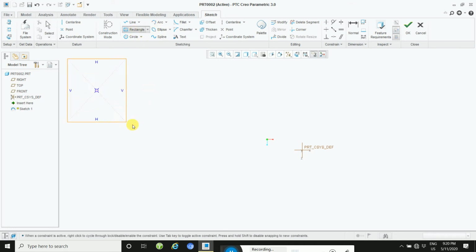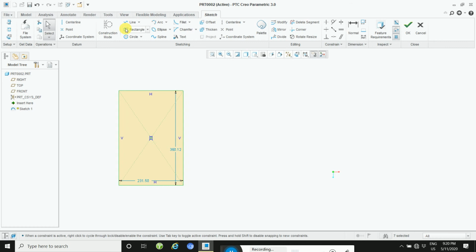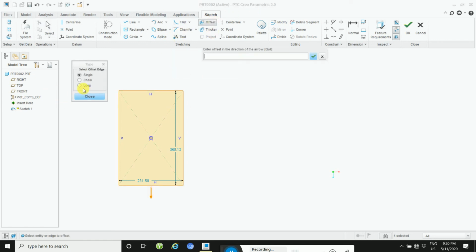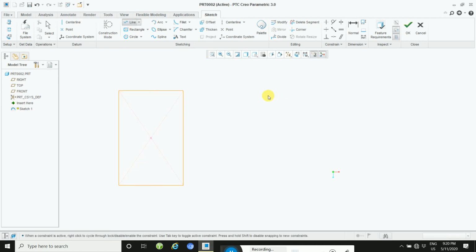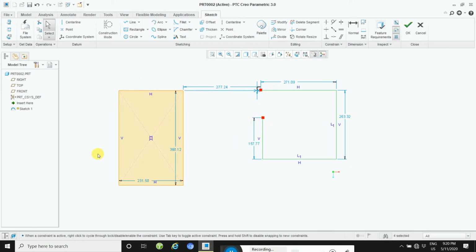Click on the rectangle here, zoom to fit, and then apply. Using the loop condition, the profile must be closed. This is very important in this offset. Close it. In the loop option, note down this condition: using the loop condition, the profile must be closed. This profile is closed. If you apply this, this is not a closed profile, and this is a closed profile.